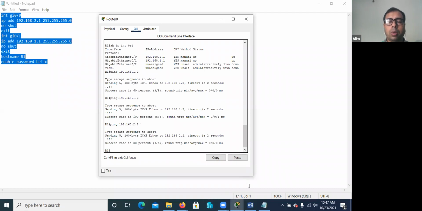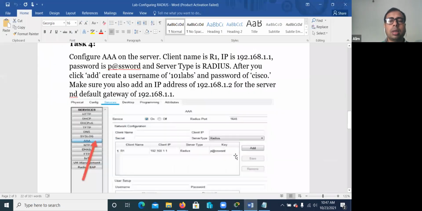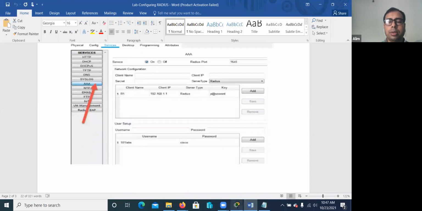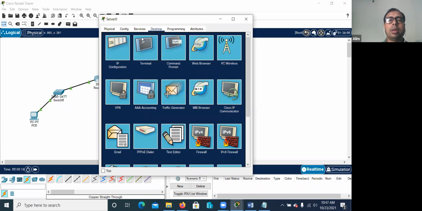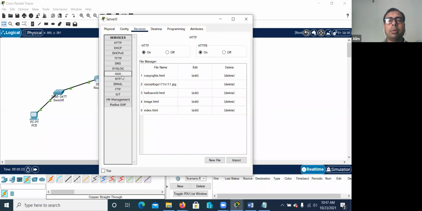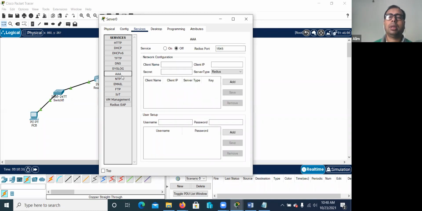Now we have to configure the server. Let's go to the server and then Services. In Services, we use the AAA server: authentication, authorization, and accounting. This server has the RADIUS option by default, so we can also perform